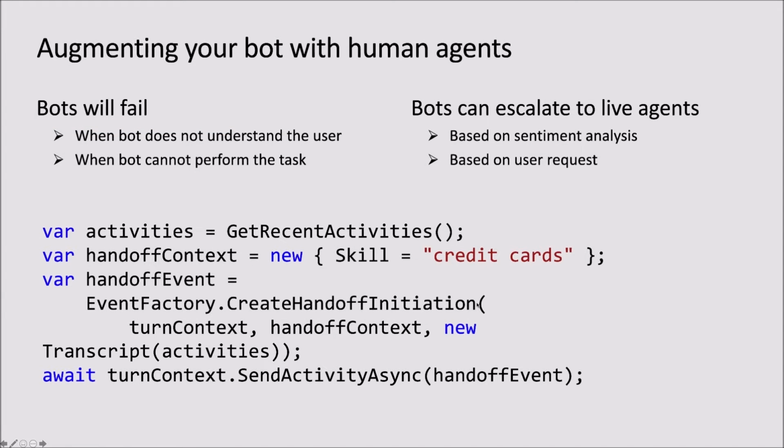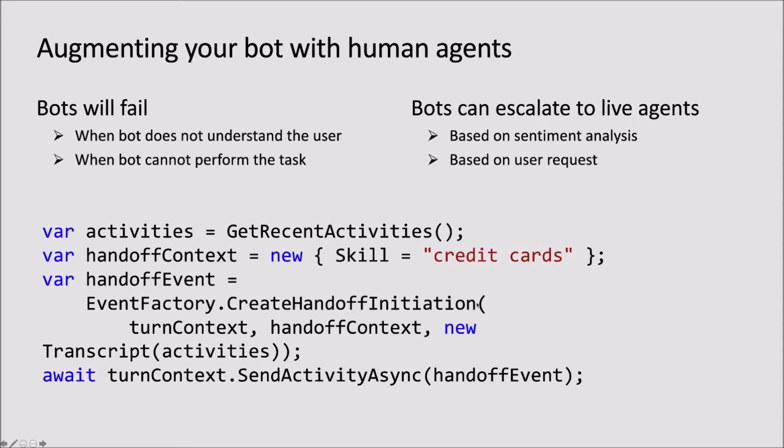Many customer care systems combine conversational AI with live agents. Users may want to talk to a live agent either because the bot doesn't understand the user, perhaps because of an AI limitation, or if the request can't be automated and requires a human action. Microsoft Bot Framework is an open platform that allows developers to integrate with a variety of agent engagement platforms.